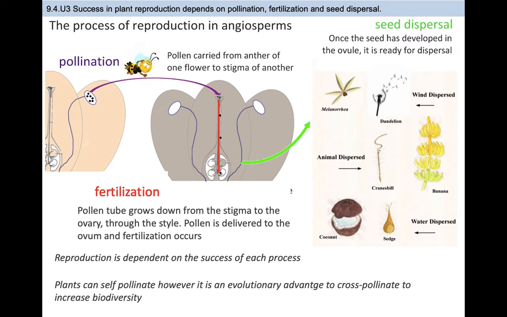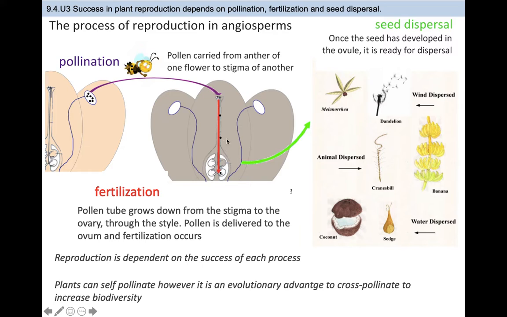But it's not ideal to pollinate oneself because that would reduce the genetic diversity. Ideally, we want pollen to pollinate another flower so that the genetics are slightly different and there's more variation. So pollination happens due to pollinators, and then once that pollen is transferred to the stigma of another plant, it goes down the style into the ovary where it will fertilize some eggs, and then it becomes a